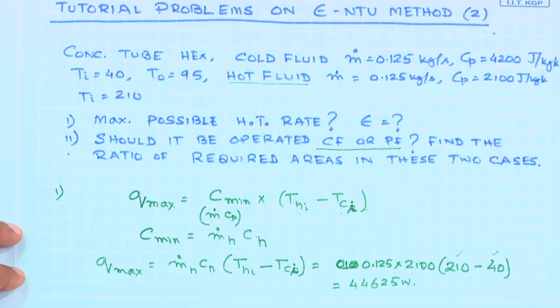So, therefore, that is only possible in counterflow, when the temperature of the hot fluid at one end and the temperature of the cold fluid at the other end, at the inlet condition, both will change. If we can exchange all the heat across this difference between the inlet temperature of the cold fluid and the inlet temperature of the hot fluid, that is the maximum possible heat transfer, which is given by the formula that I have just written. It is m dot C minimum multiplied by the maximum temperature difference that is possible in the system.